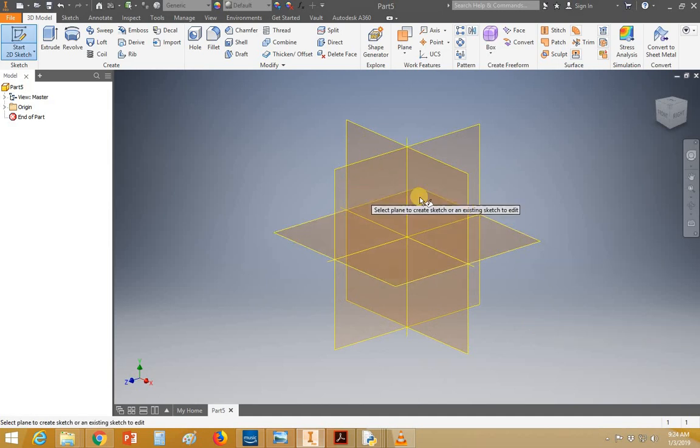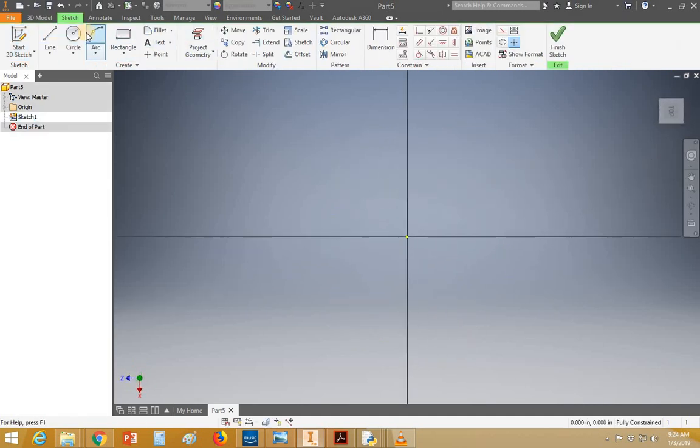Choose a 3D work plane. Now, this is how I'm going to do mine. Right? I'm going to choose the YZ plane so that I can extrude my cylinder up this direction. So I'm going to click here. I'm going to click on a circle. I'll dimension it this time. The dimension is